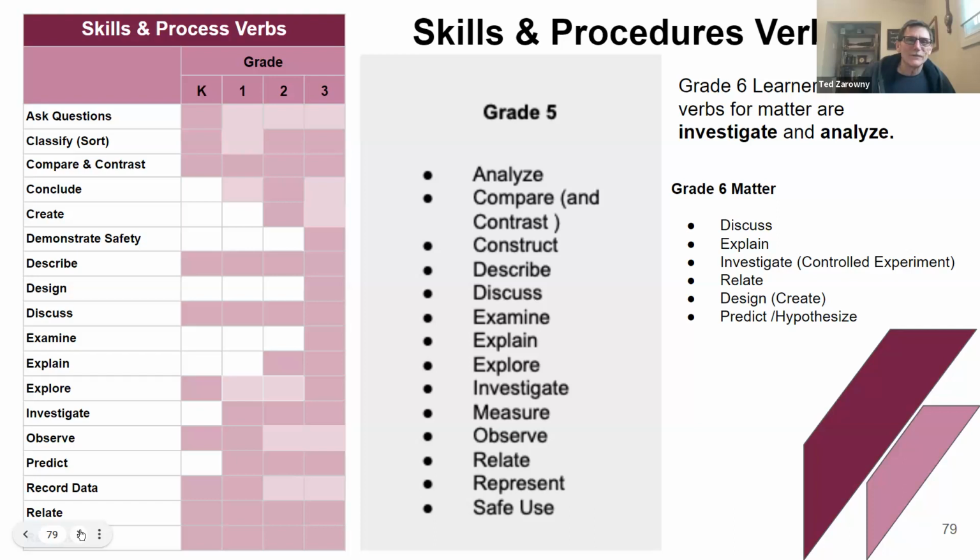If you take a look at the left, those are the most commonly used verbs or skills in the skills and procedures part of the curriculum from grades K to 3 in all the organizing ideas, the entire science curriculum. And you could see I didn't finish the grade 6 one, but I did the same in grade 5. The grade 5 words you see there are all the most frequently used verbs in the skills and procedure statement. You could see the similarity between the grade 5 and the K, 1, 2, 3 one.